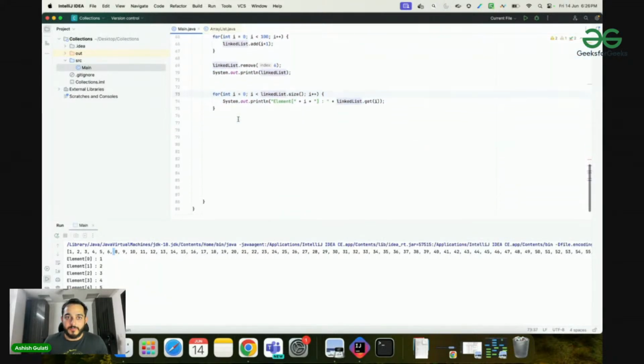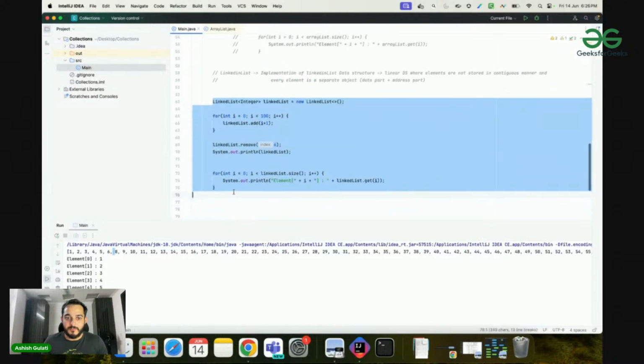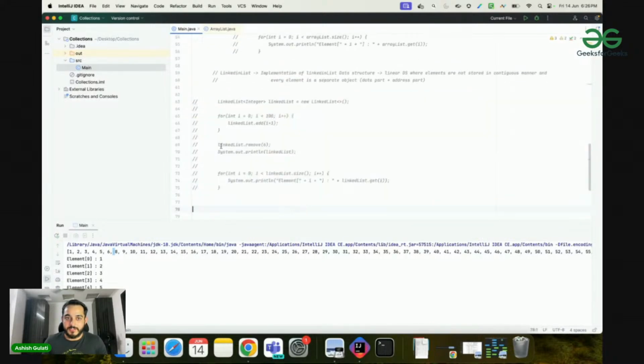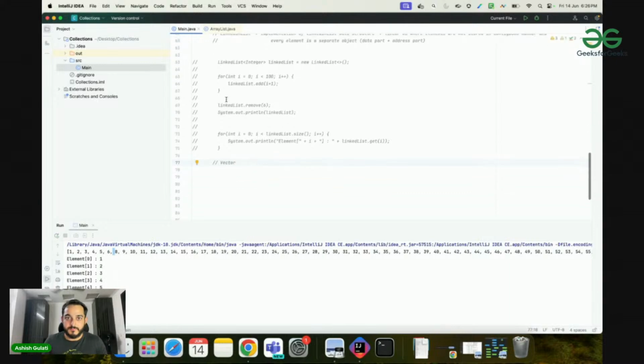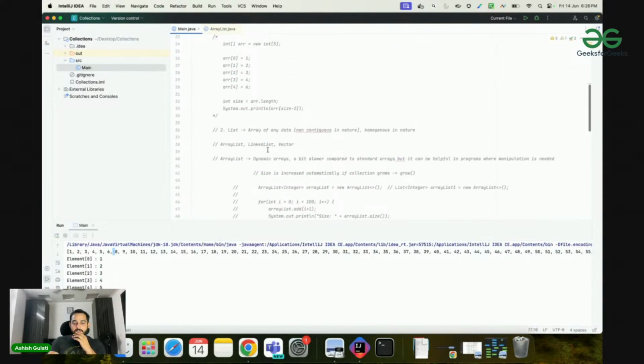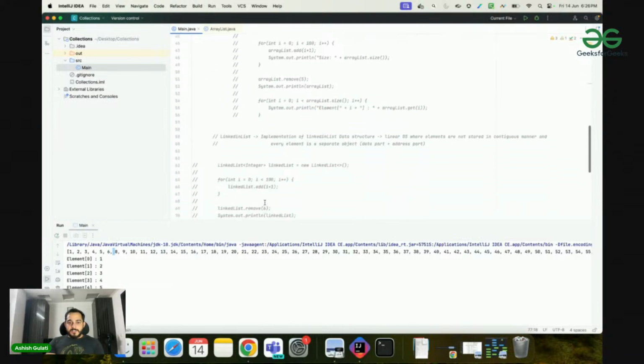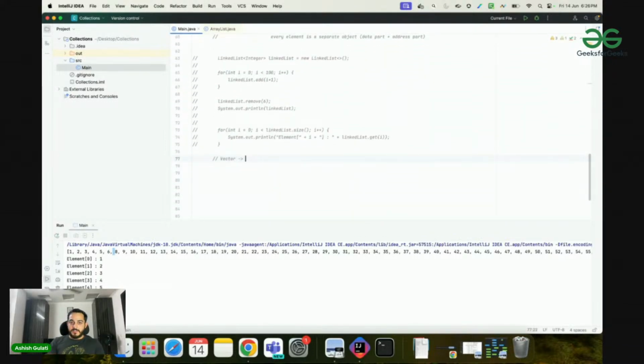So now coming back to the third one, which is basically the last one which we'll be discussing here. So now comes vector, right? We have talked about array list, linked list, and now vector. Vector is again just like array list. It is dynamic arrays, right? Again, these are identical to array list in terms of implementation, but the primary difference. Let's talk about the difference actually,